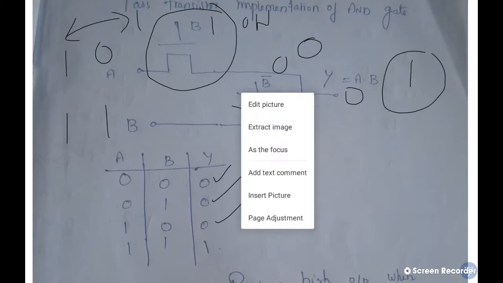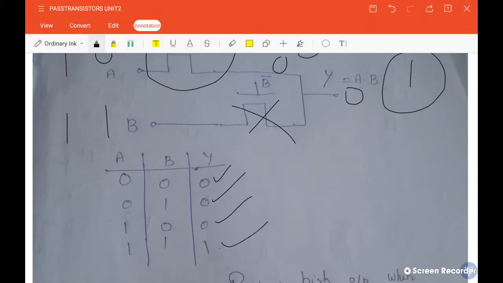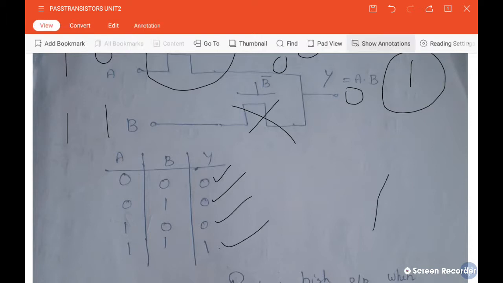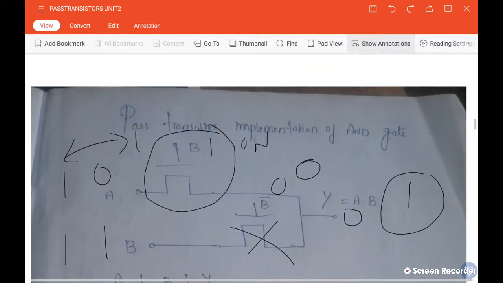So what you understand from this is, whenever both the inputs are high and applied to this gate, at that time only your circuit produces a high output. So definitely this circuit is giving an AND gate operation. It is performing an operation of AND. Understand? So this way we have to connect our NMOSs to get different logical operations.